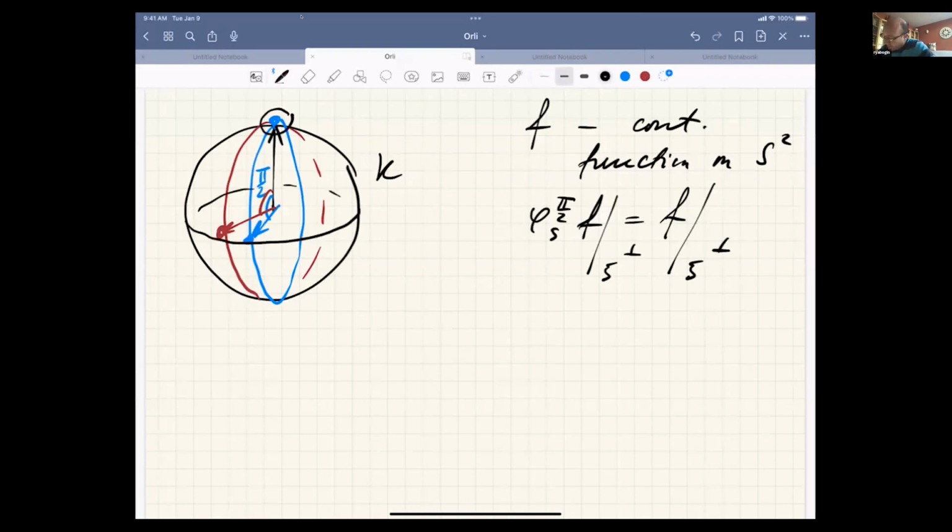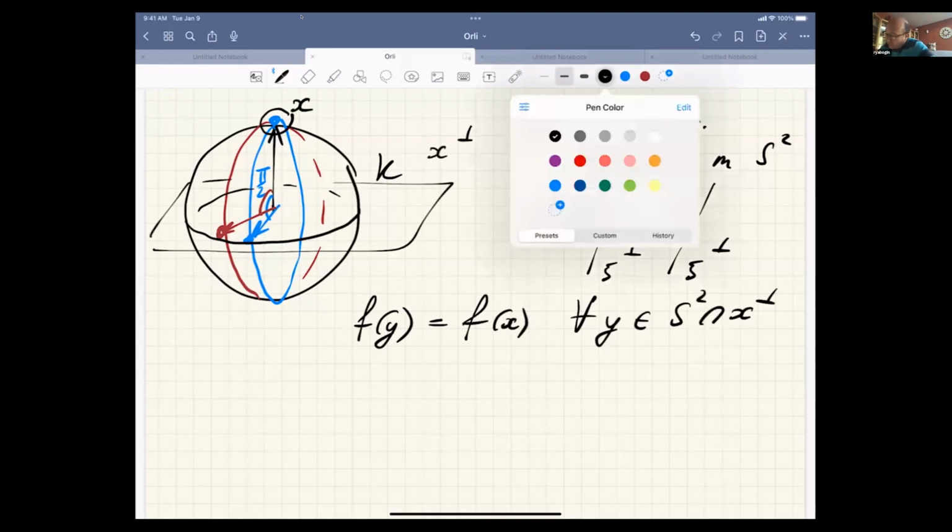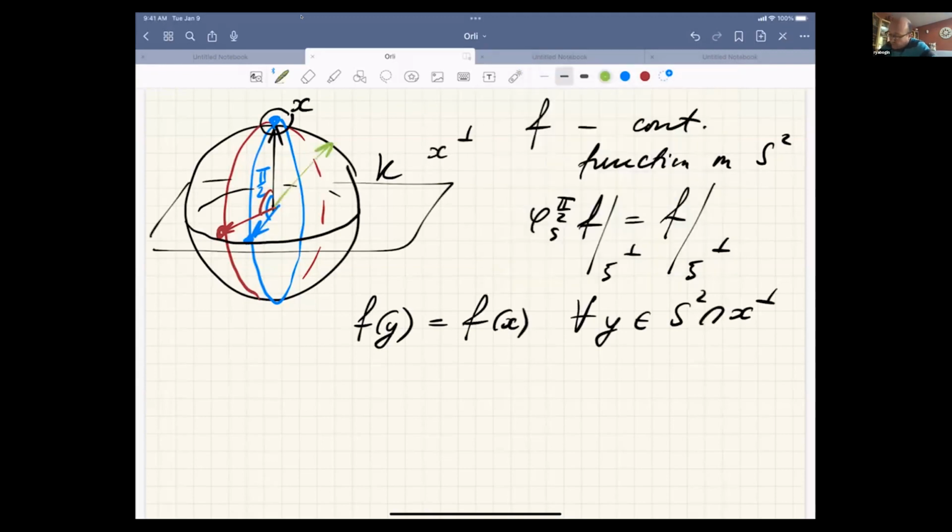So this means that if this is, let's say, the point x, then f of y is equal to f of x for any y belonging to S2 intersection x perp. Let's agree that this is x perp. Okay, this is what we got. But now if you take a different point, let's say z here, and we repeat the story,